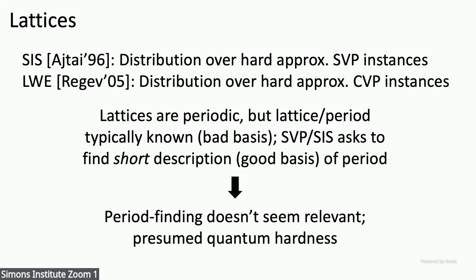but it's known. You're usually given a short basis for the lattice. The hard problem is not actually finding the period, because everyone knows it. The hard problem is basically finding a small, in Euclidean norm, representation of the period. You can think of a short vector as not completely describing the lattice, but the generalization would be finding a short basis. That's like finding a short representation of the period, and that's a fundamentally different problem than finding the period itself. And again, you're given the period, so we don't even care about the hardness of finding the period. So period finding just doesn't seem relevant at all to lattices,